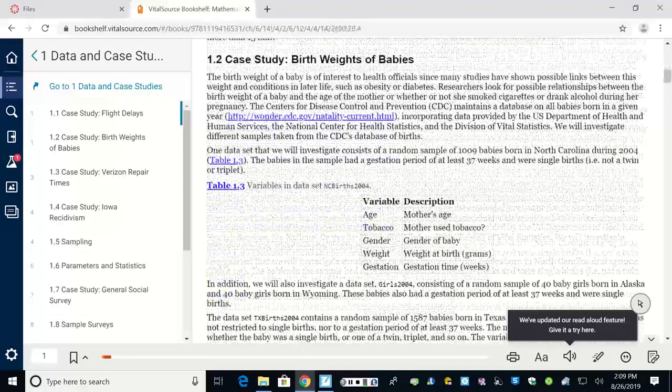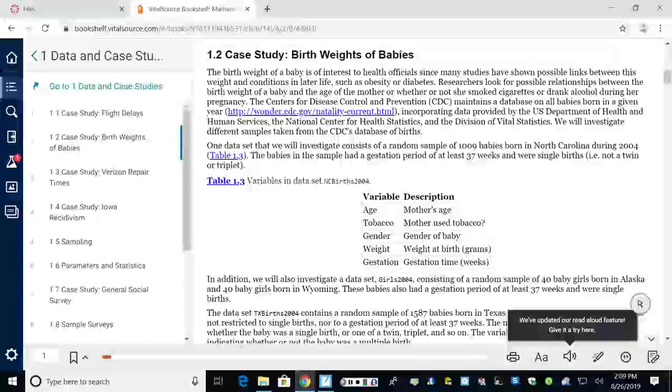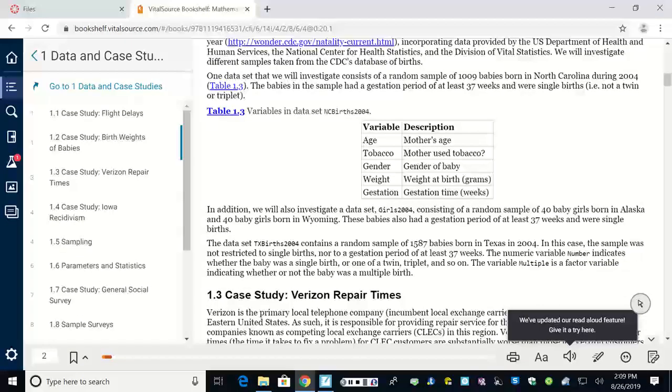Here's another one, right? Birth weights of babies. This might have the variables: mother's age, mother's tobacco use, gender of the baby, weight at birth, gestation time. And there might be different ones. There's a small subset here and a larger sample there. Sample size will impact our statistical analyses,